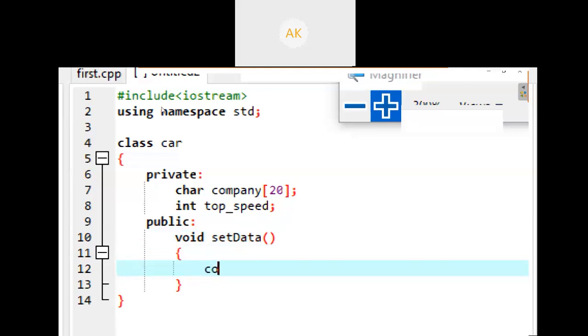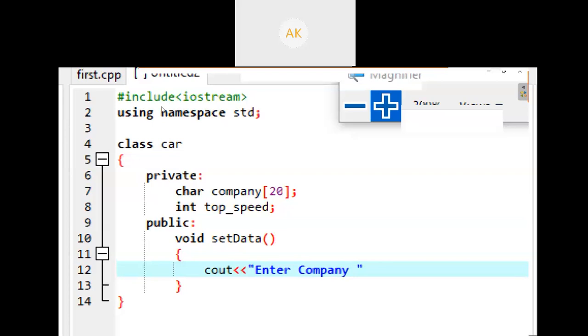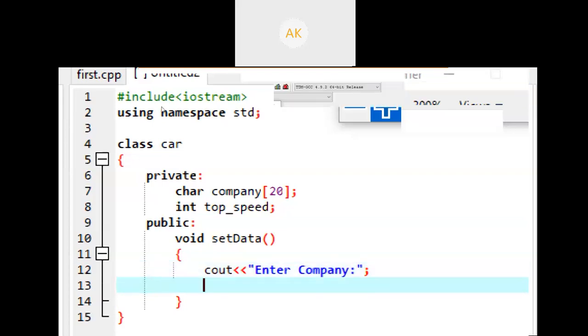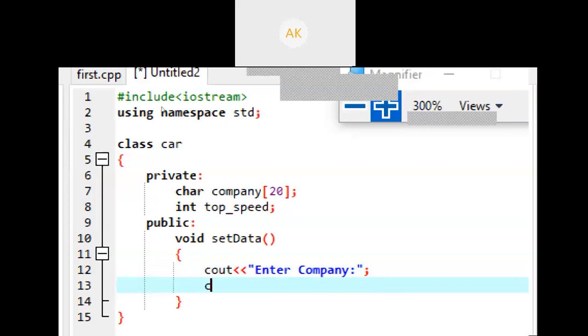So I will write cout, display the message enter company. Then your user will enter the name of your company. Then you will use the cin function.